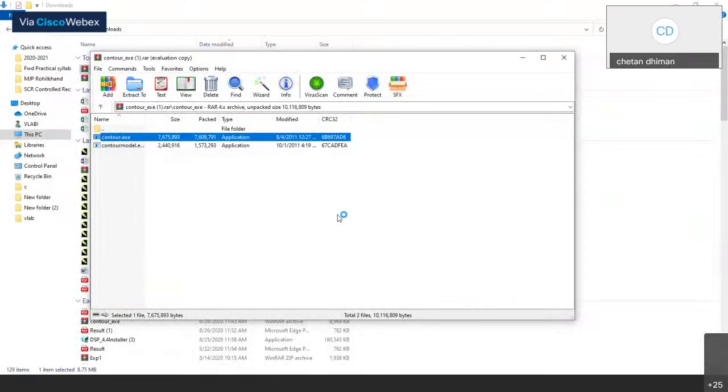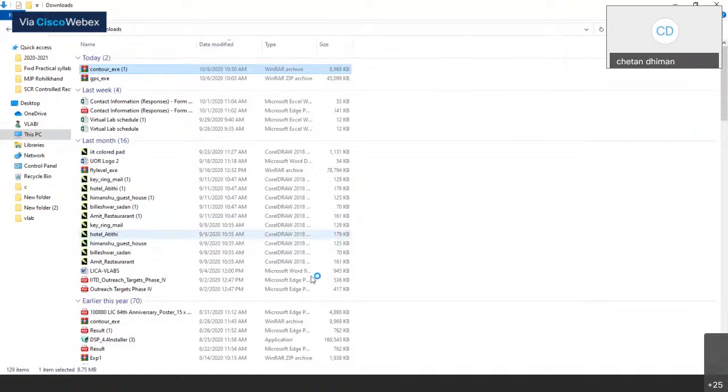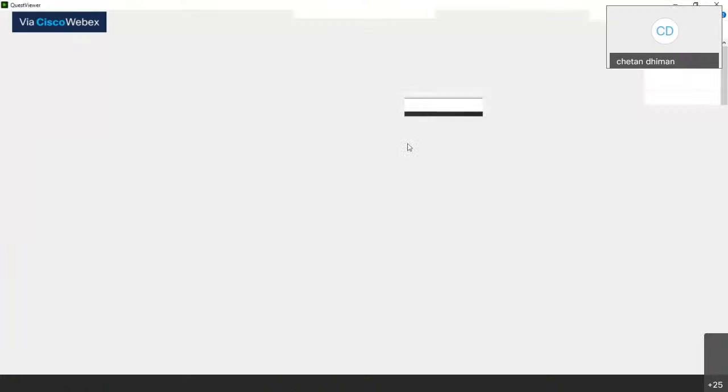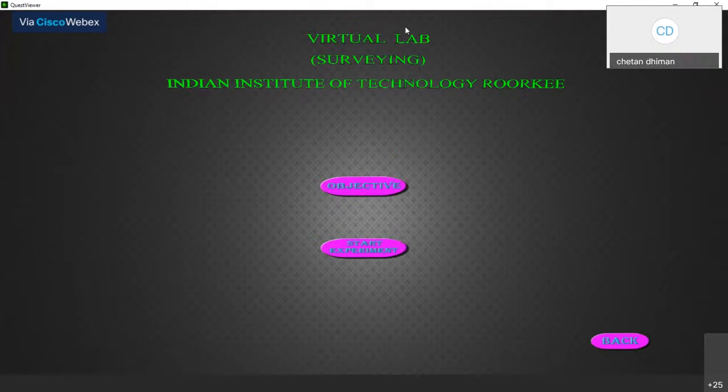you will get an exe. Here you can see that there is a 3D environment. What I'm trying to say is that in these virtual labs, we try to provide each and every piece of data required to perform the experiment.